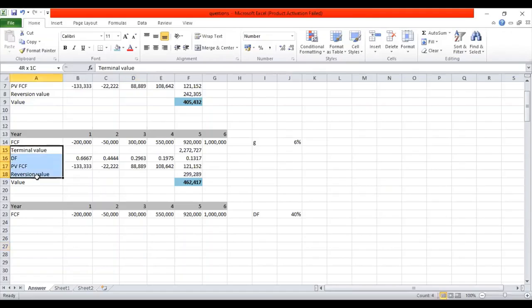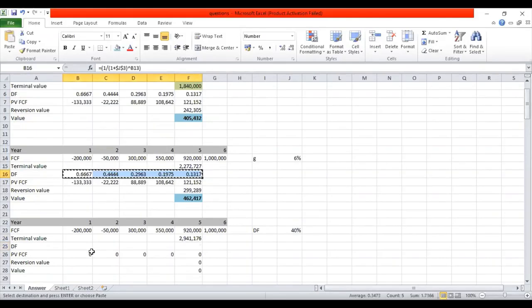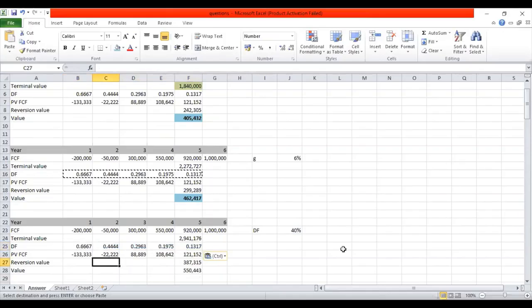So then the terminal value will be equal to 1000 divided by the required rate of return, which is now 40%, minus the growth rate of 6%, which equals 2,941,176. So this is the value of the venture, 550,443. Yes, you all are correct that the 40% is applicable to